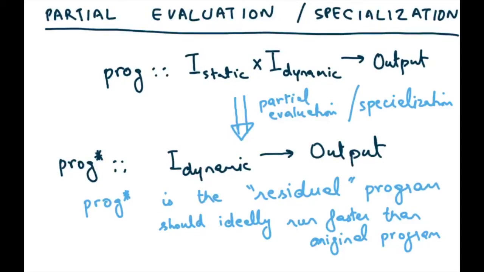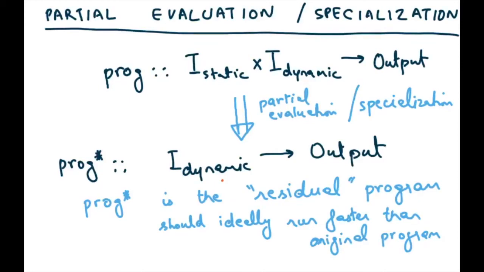So let's say there is a function prog that takes two inputs. I'm just dividing the two inputs into two parts. One is the static part, I static, and one is the dynamic part, I dynamic, and it returns an output. All right. A partial evaluation, let's say the static part is static across several runs. So what you can do is you can partially evaluate prog on the static part to get a new program, prog star, that just takes I dynamic and not I static, because I static has already been folded into prog star and then returns the output. All right. So we say that prog star is the residual program, obtained by partially evaluating or specializing prog